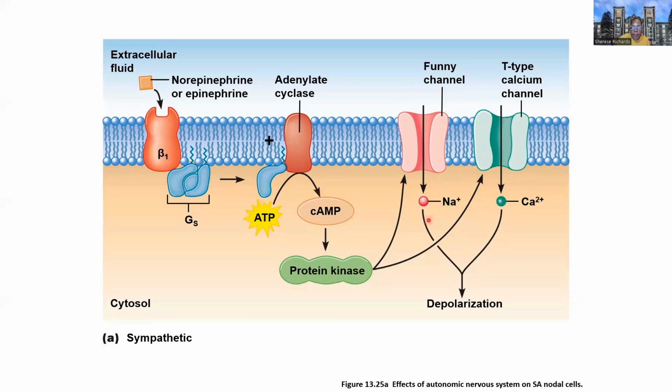From there, this is where we were ambiguous when we discussed this earlier, but now we're looking at the heart specifically. We can really hone in on the exact events that bring about a response on cardiac muscle or the SA nodal cells. So this is going to result in protein kinase